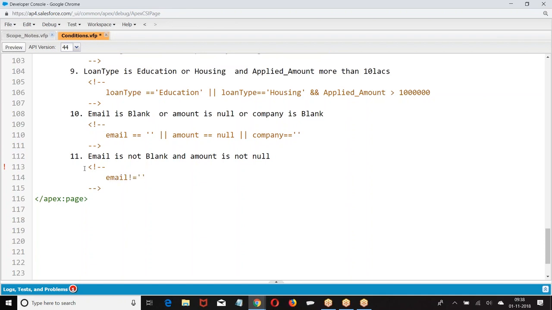Email not equal to blank and amount not equal to null. So this is how we are writing logical operators.